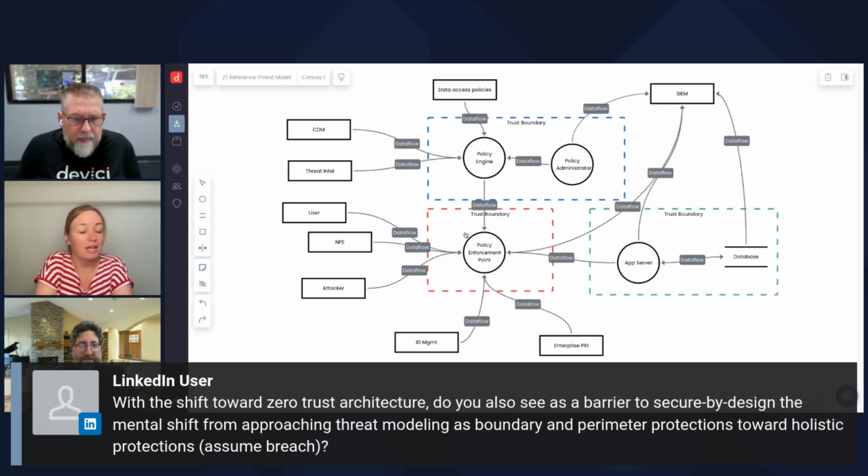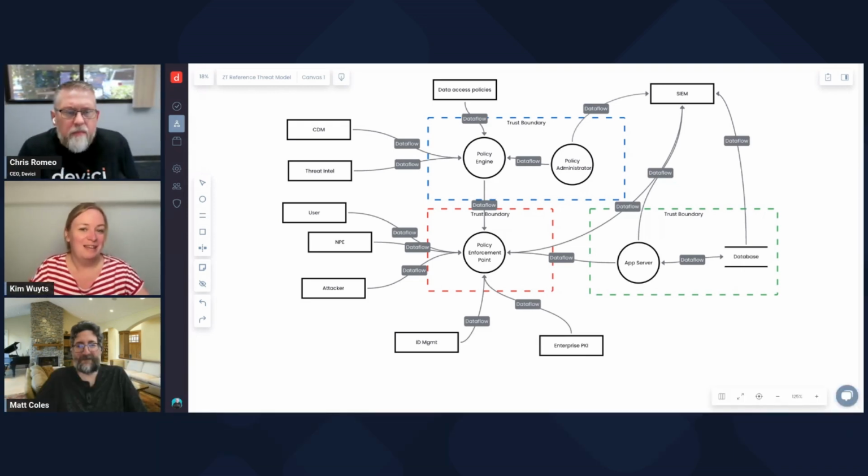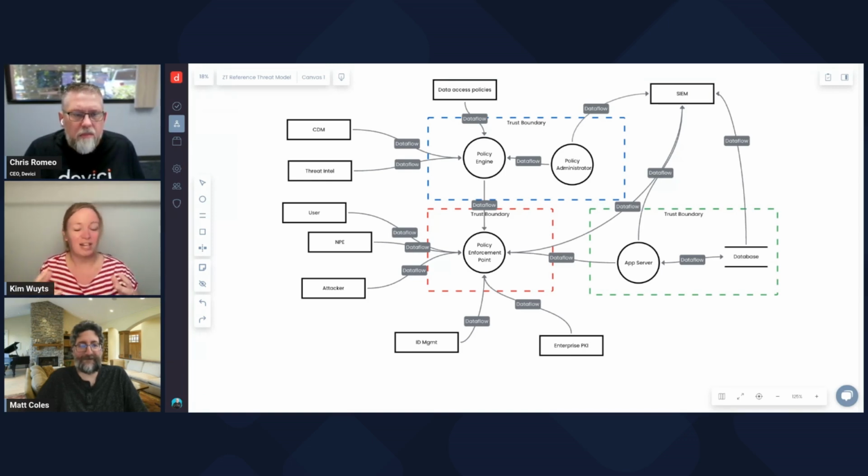Go ahead, Kim. So I haven't looked into it that closely, so maybe my interpretation is a bit naive, but to me, zero trust is kind of like a paranoid version of threat modeling. You just have more trust boundaries or are more protective of everything. So I don't think that there's some inherent difference. It's just being more careful about the assumptions you make. But correct me if I'm wrong, if I interpret the concept wrongly. No, you got it right, Kim.